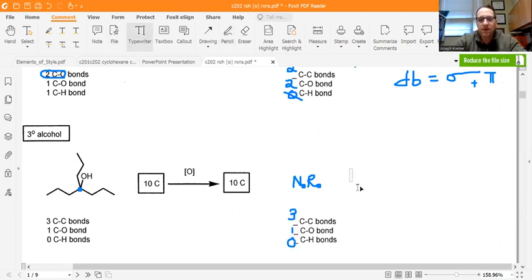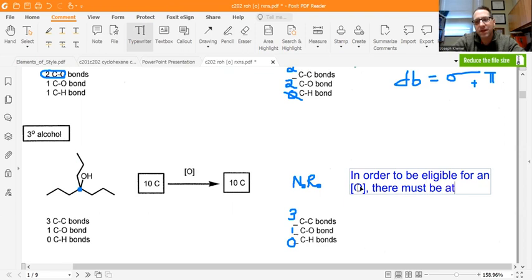I'll type this out. In order to be eligible for an oxidation reaction, there must be at least one carbon-hydrogen bond on the carbon bearing the hydroxyl, the carbonyl carbon. That's the textbook explanation. That's why 3-degree alcohols cannot undergo oxidation reaction, because if we're going to supply